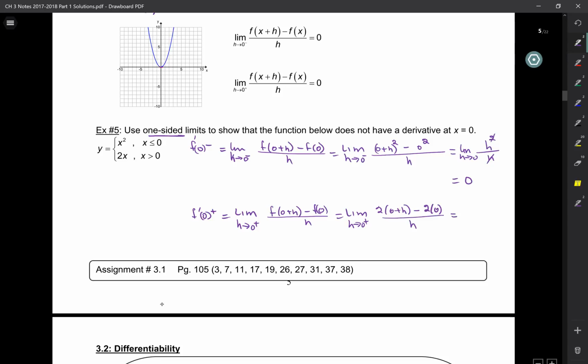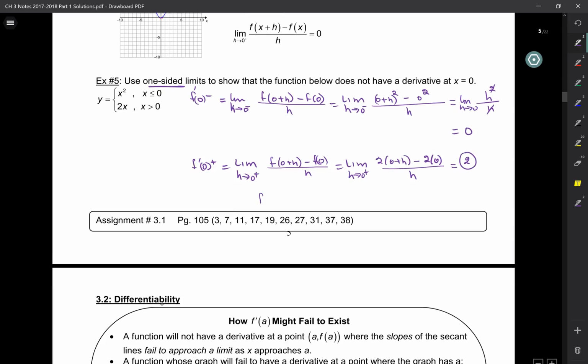This is equal to 2h over h, which is what? 2. All right? So the derivative at 0 from the minus side is not equal to the derivative from the positive side. Therefore, no derivative